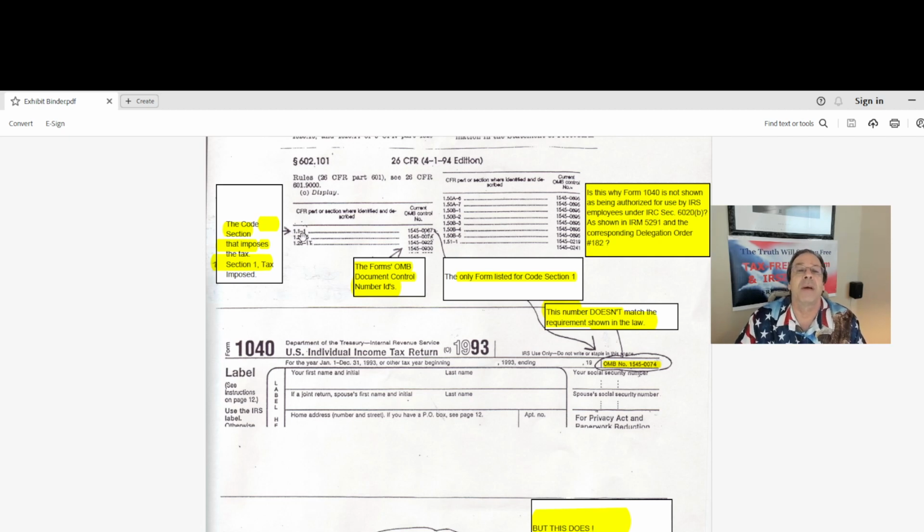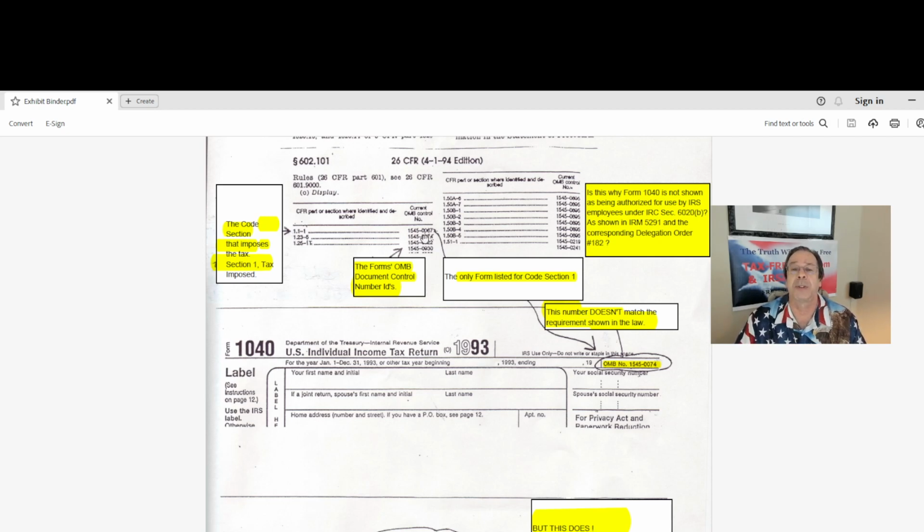Now you can see here that for Section 1, there's only one form listed. You notice down here at 126, there's more than one form. So if more than one form is required, it's shown right here in the table. This section has more shown; Section 1 does not, just the one. And the OMB document control number assigned to the form required by law from American citizens on April 15th in order to satisfy the requirements that law imposed and created by Section 1, tax imposed, the tax section imposing the federal personal income tax, that form will bear OMB document control number